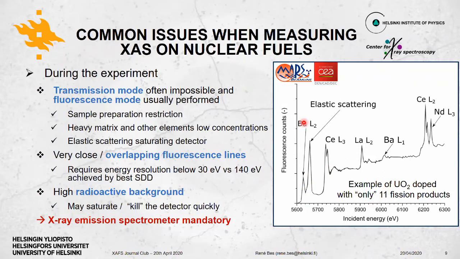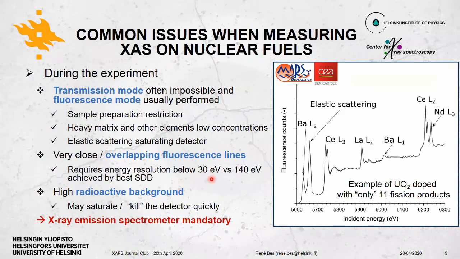And you can observe different edges from cerium, lanthanum, barium, neodymium as well. And this huge peak here is due to the elastic scattering arising randomly, just because of the geometry of the sample and the fluorescence detector being at the wrong angle,